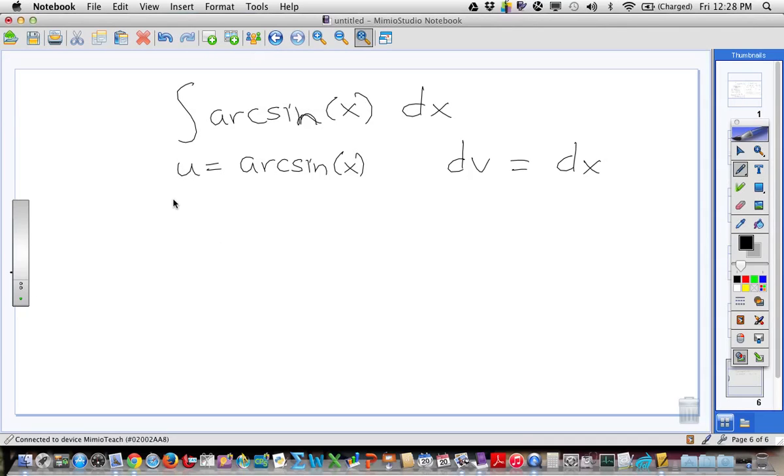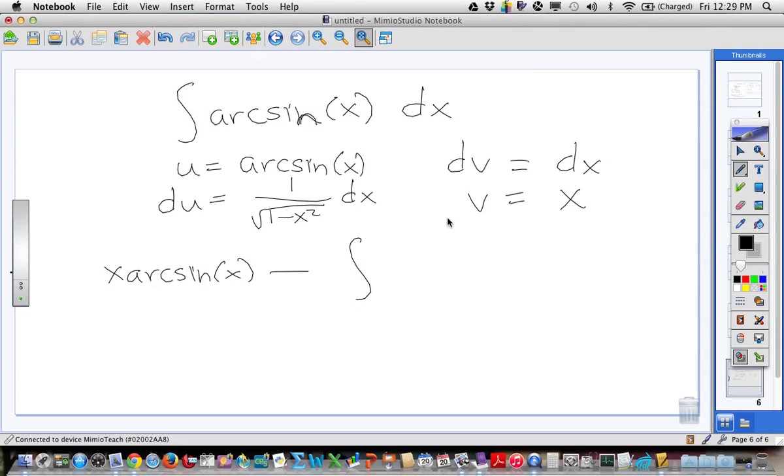Du would be what? What's the derivative of arc sine? Right? So it's all that. Now what's the v? Right? If you think about it, the dv is 1 dx, and the antiderivative of 1 is x. So it would be that. It's just nice practice for today, reviewing integration by parts. If you take u times v, that would be x arc sine x